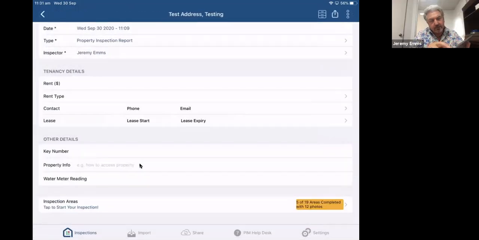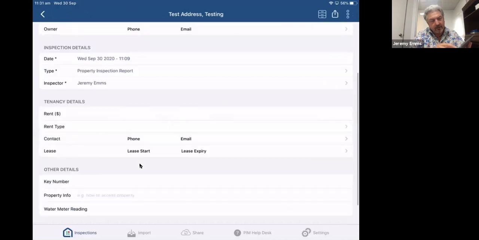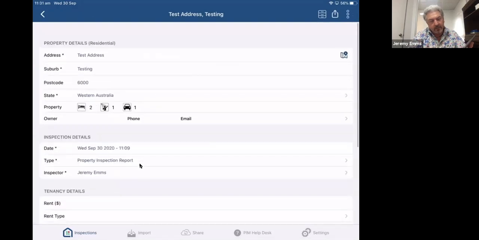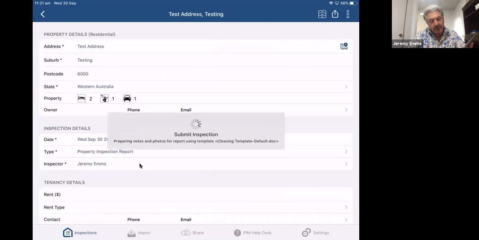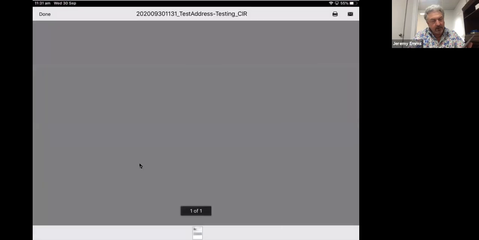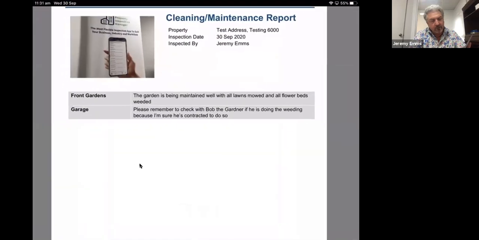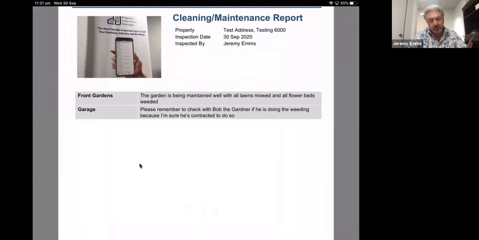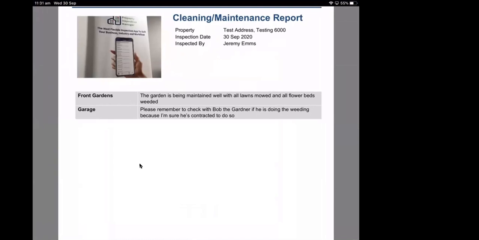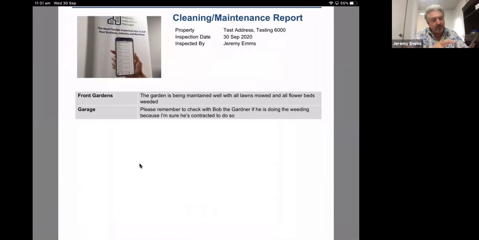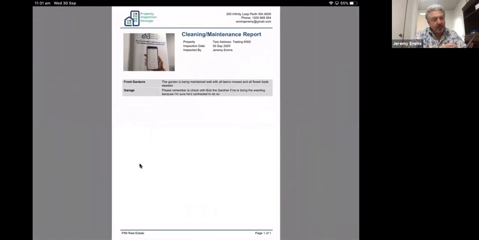And you can access those consolidated notes by pressing the Submit Cleaning and Maintenance Report, and then that just puts together a full list of all your additional notes. Just view that now. So I've just got a list of my additional notes. So from one inspection, one for the landlord, one for the tenant, one for you, or one to go to a department within the office. If you want anything additionally set up for your account, again, just let us know and we can get that done.